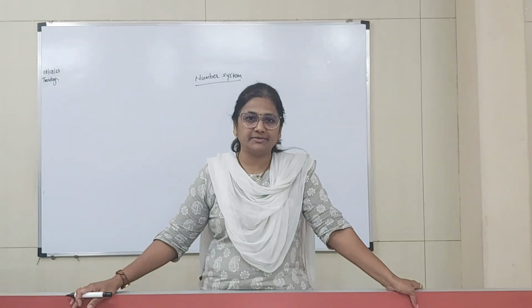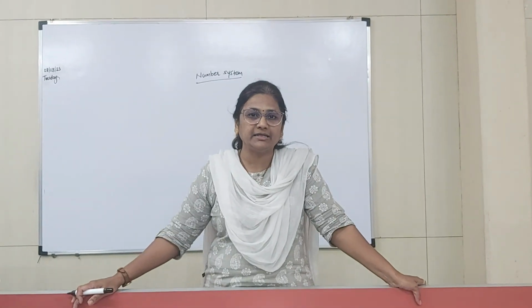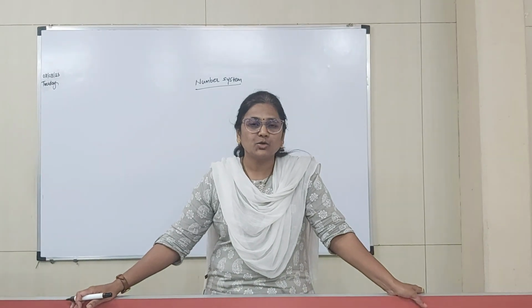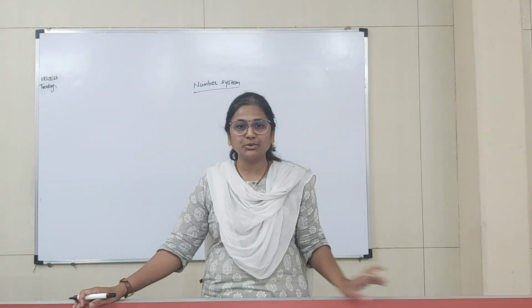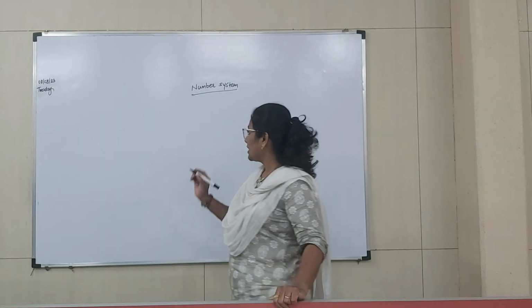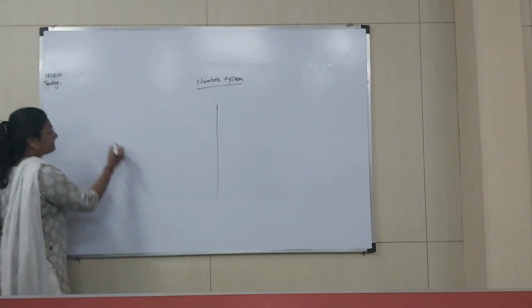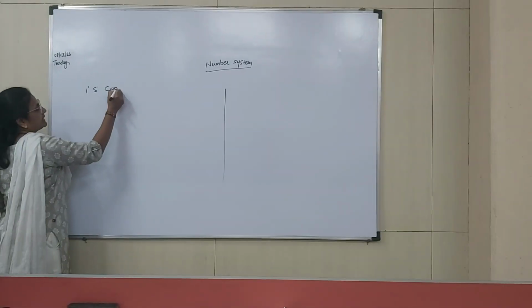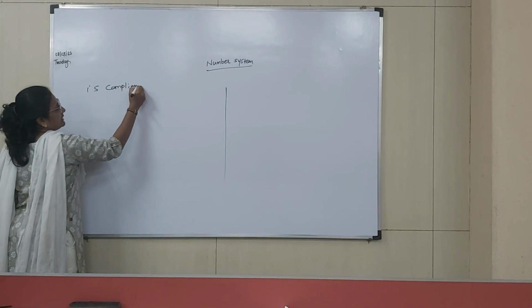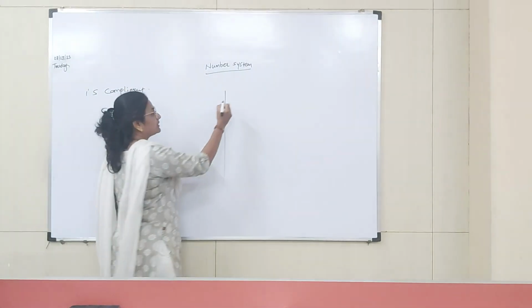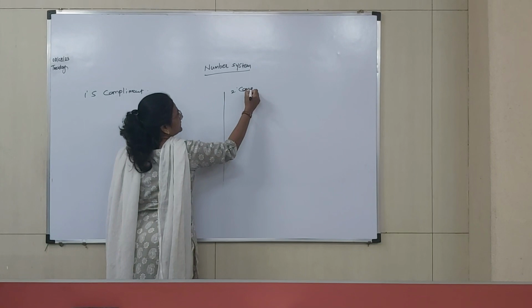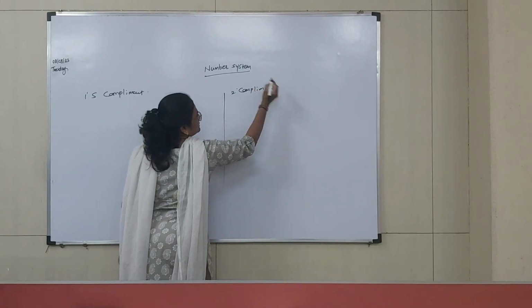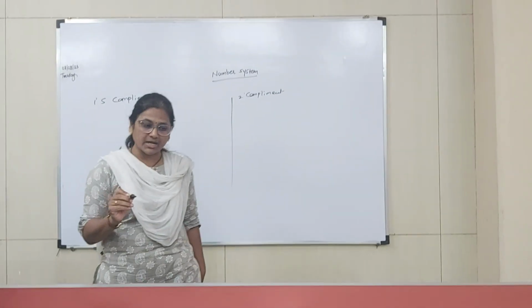Learning about the subtraction in the binary method. Okay, so by using the binary method, there are two types of subtraction that can be done. First one, by using the ones complement method, and second, by using the two's complement method. So dear students, the rules for these are different.